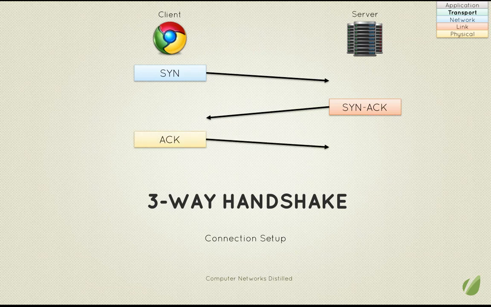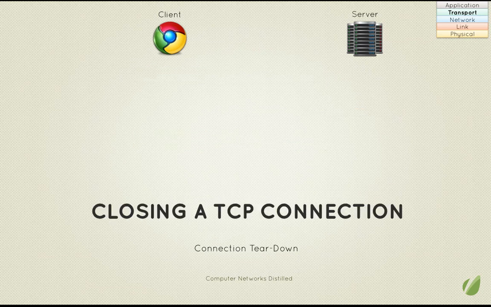Thirdly, the client will respond with an acknowledgement packet, an ACK. This may contain data, and this begins the connection transfer. This is the creation of the data pipe. At the end of a TCP connection, the connection has to be torn down. This can happen in a couple different ways depending on if the client or the server wants to close the